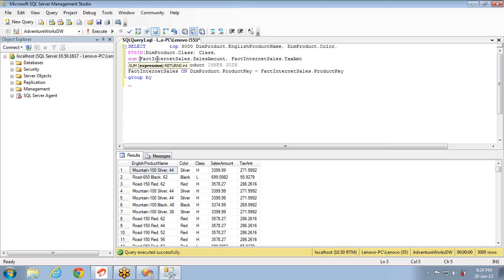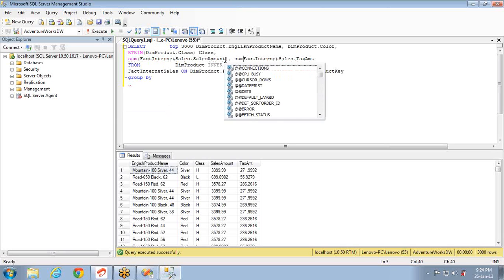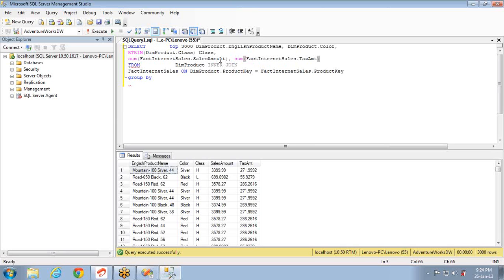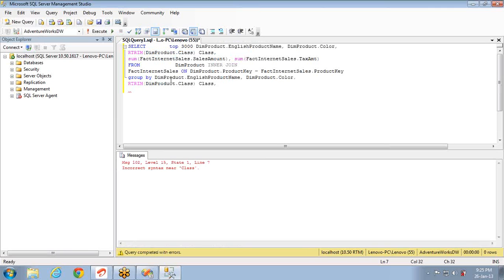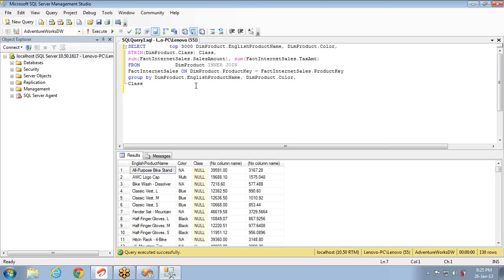So let me have aggregating columns first. I want to take the sum of sales amount and sum of tax amount. This is fine. And what are the non-aggregating columns? Product, color, and class. So I'm copying all these things in my group by. I don't need to have this. Okay, fine. If I execute this, you can see it will group the data based on the class, color, or